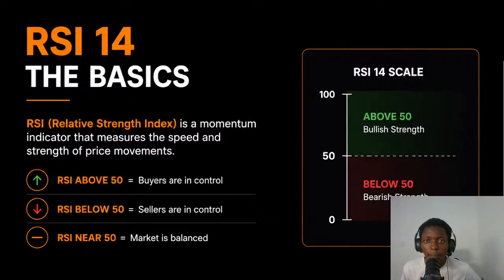Okay, guys. So coming back to RSI. RSI is a momentum oscillator that measures the magnitude of recent price changes to evaluate the speed and the strength of a price movement, and that's why the name is Relative Strength Index. It uses that to evaluate the strength of the market, of a price movement, using a scale from 0 to 100. And just like you can see it on your screen,